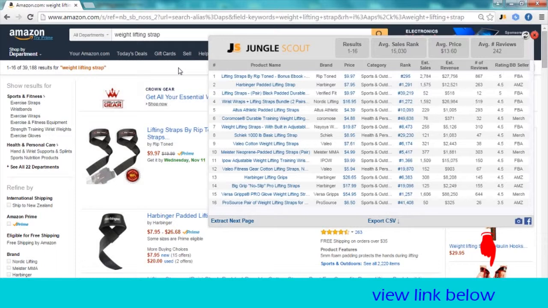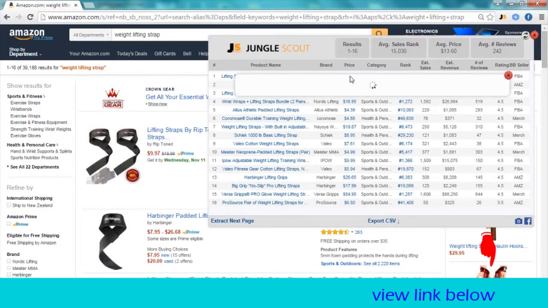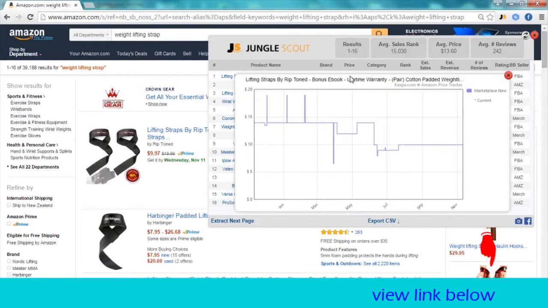So as you can see, the Jungle Scout software is an amazing piece of software. This version I have is just your standard version. The Pro version has a huge amount of other analytical options, and well worth the money. Really, at the end of the day, if you click on here, it'll give you